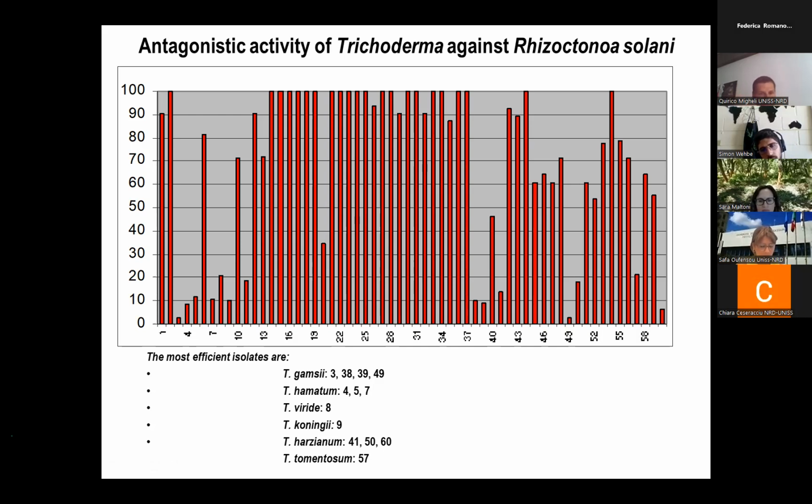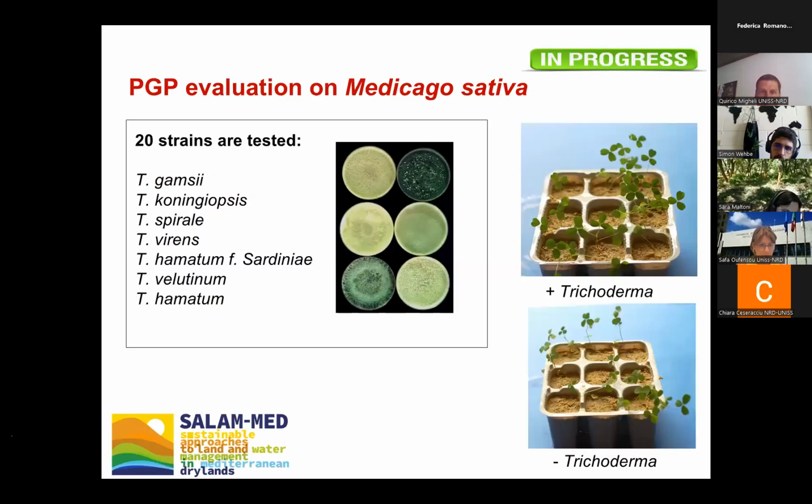So this again adds to the importance of a selection in order to find the best performing isolates. And this applies for biological control, but also for the protection of plants under drought and salinity stress. In our case, we are currently testing about 20 strains, using Medicago sativa, alfalfa, as a model system, growing alfalfa and trying to see whether some isolates are able to provide this increased growth response